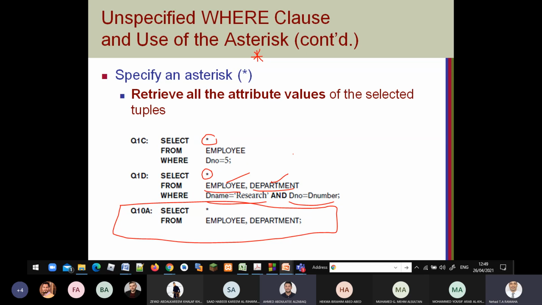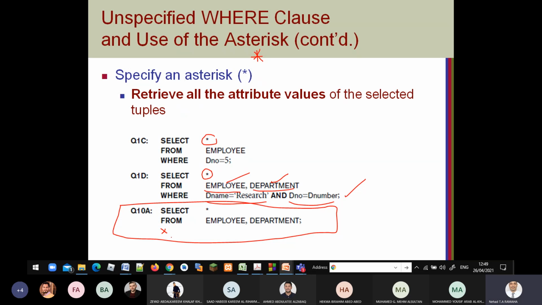Yes, it is two tables, employee and department. But we don't have a where clause here. If we have a where clause, then it will take information from employee and department that applies this condition, then connect between them depending on the condition. But here we don't have a where clause. What will the result be?